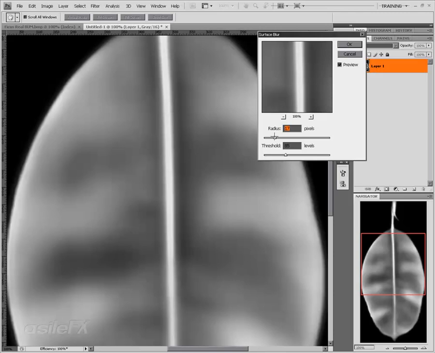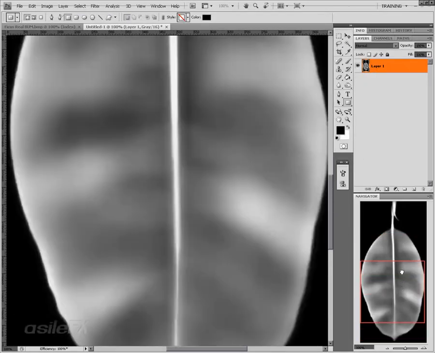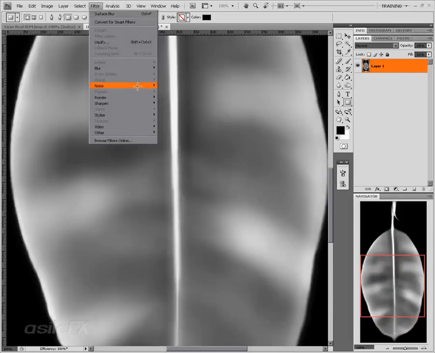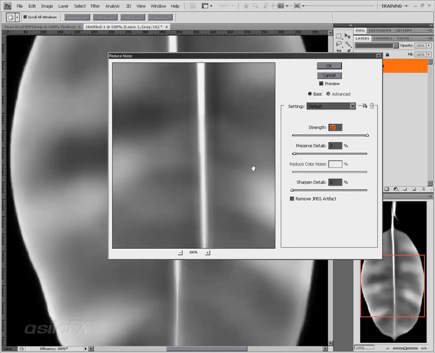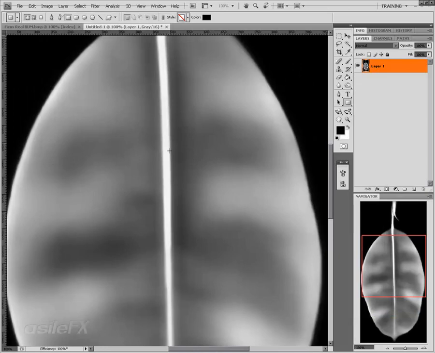And giving the overall depth to the leaf can be more important than the tiny details. In a highlight map, you can usually get away with a lot more, so that's something you could also do with the highlight map. So we'll go ahead and run that. And anytime I do a surface blur, I always reduce noise again. Same settings as before. Now there are some issues by the stem,